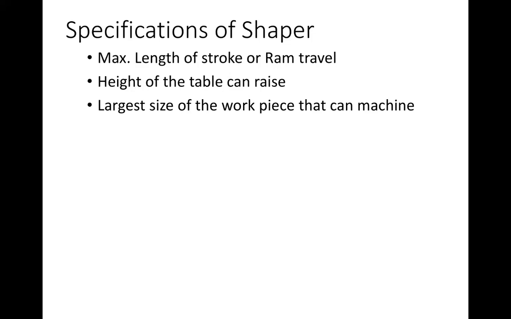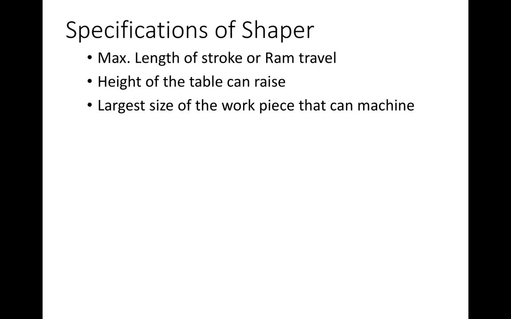What size of workpiece do you have? What smoothness do you require? What are your applications? Based upon the applications, you generate the specifications, and based on the specifications, you buy the machine. Different machines have different specifications. So how do we specify the shaper? These are the 4 factors which specify the shaper.